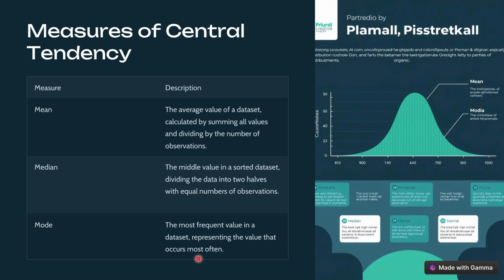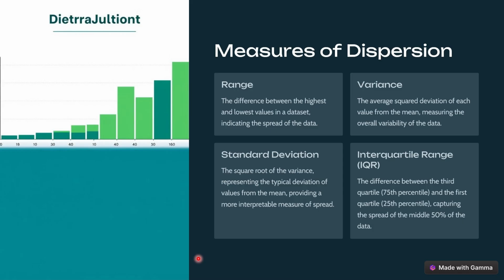While measures of central tendency tell you about the center of data, measures of dispersion tell you about the spread, the variability of data: range, variance, standard deviation, and interquartile range. First, range. The range is the difference between the highest and lowest value in your dataset. It gives you a basic idea of how spread out the data is, but it is not very informative on its own